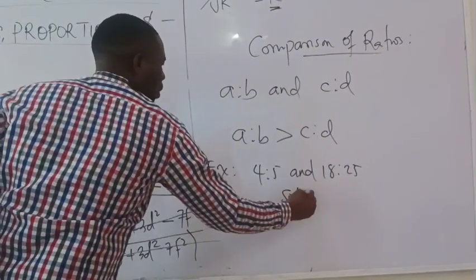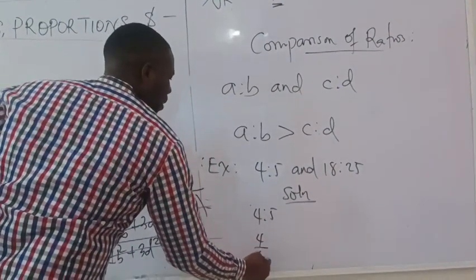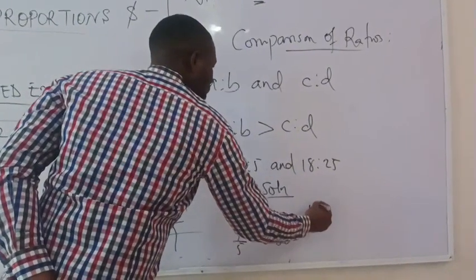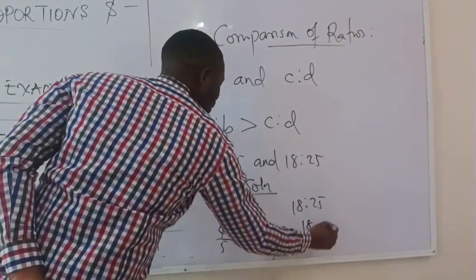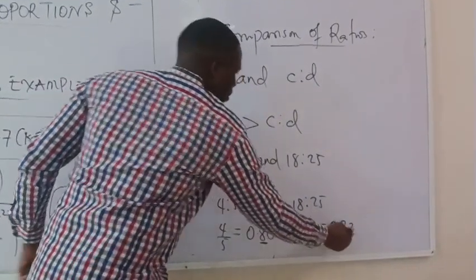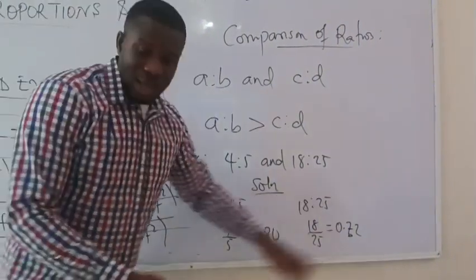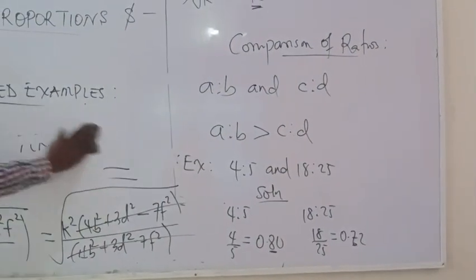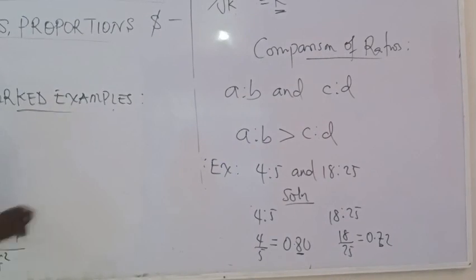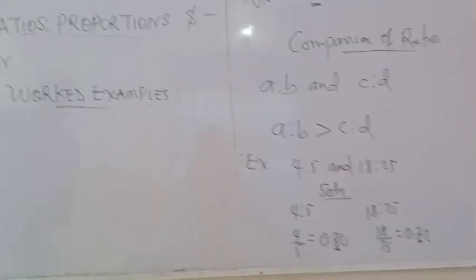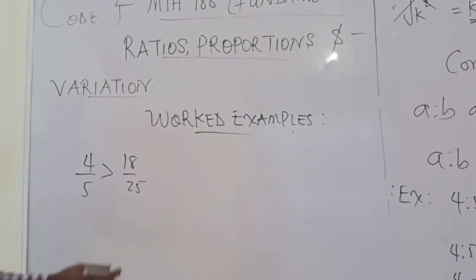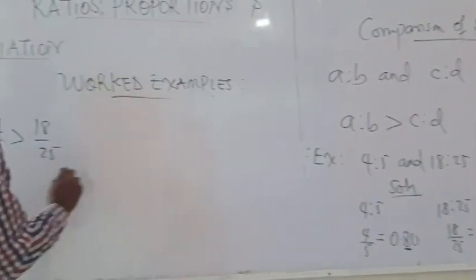Solution, straight to the point. Ratio 4 to 5 is the same as 4 over 5, and in decimal, you get 0.80. Ratio 18 to 25 is the same as 18 over 25, which is 0.72. You could see right before your very eyes that 0.8 is more than 0.7, so it simply means that this pair of ratio is more than this. So the final answer would be that ratio 4 to 5 is greater than ratio 18 to 25. But there is an alternative way, I'll deal with that pretty soon. Alright, now the alternative way is this. I have, alternatively,